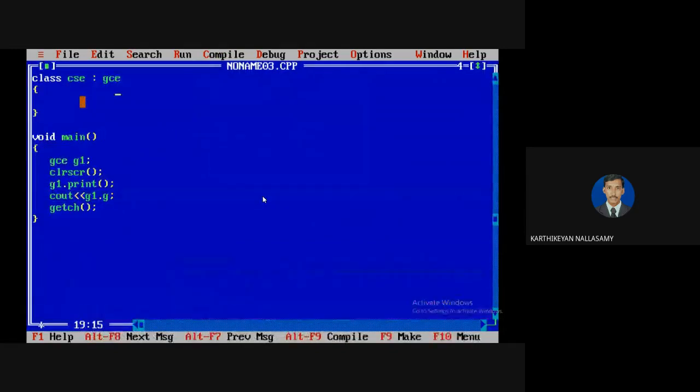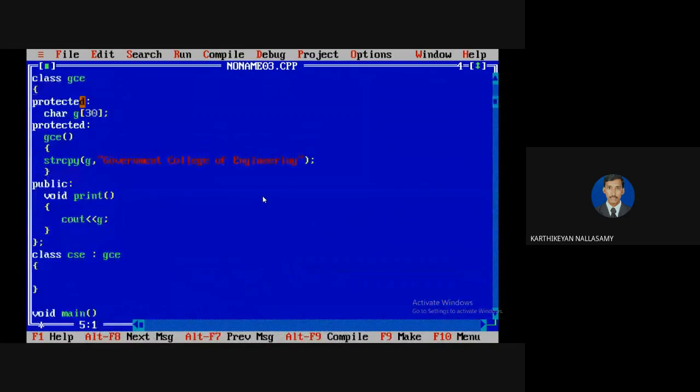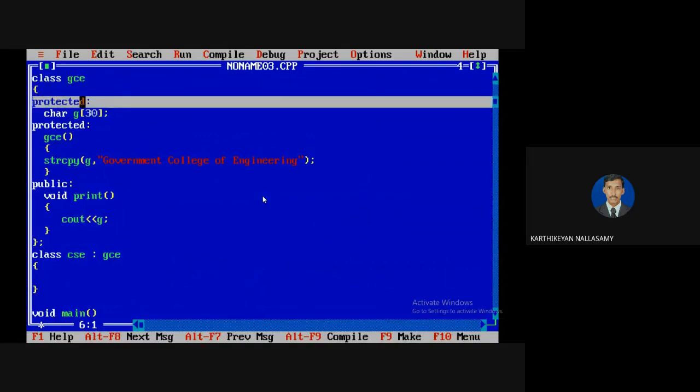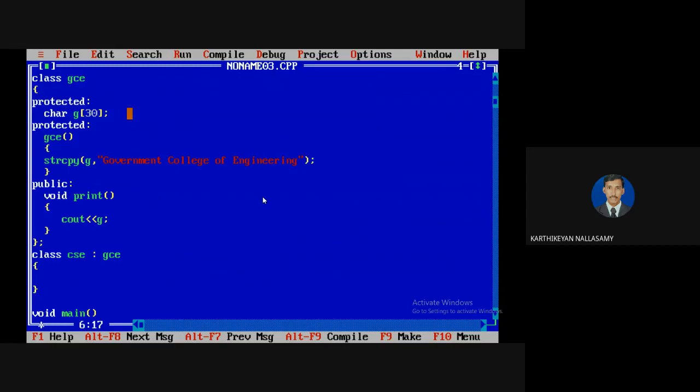So what I suggest is that if you want to access properties outside, they must be defined as public, and if you think those values are not needed outside the class, you can make them private. If it is an inheritance concept, always try to go with protected. If you want to allow the class to be developed for reusability, then you can define it as protected. That is also the best way.